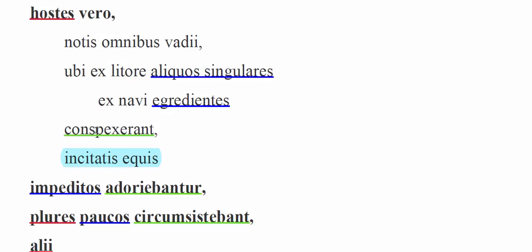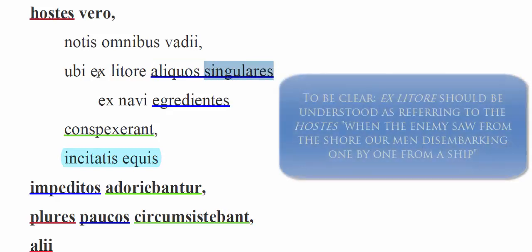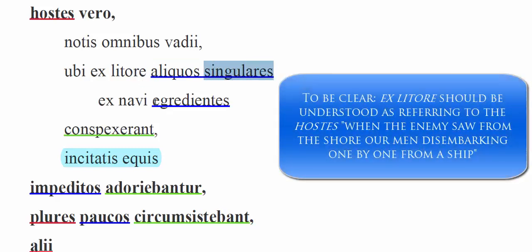When they saw, this ubi is when they saw all of these objects here, aliquos singulares agredientes, is implying a nostros, our men, okay? So when they saw some of our men, one by one, singulares here implies like all alone, from the shore